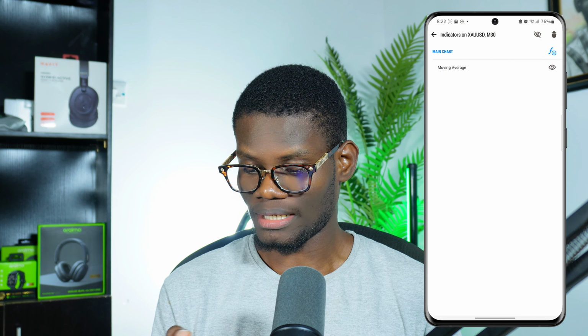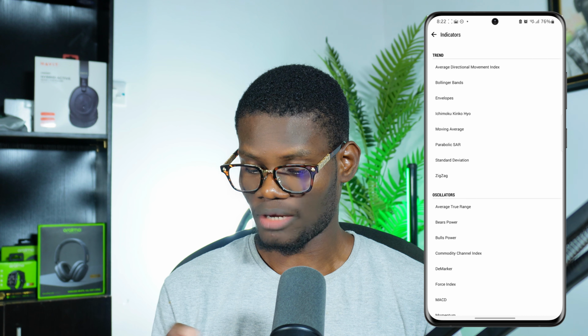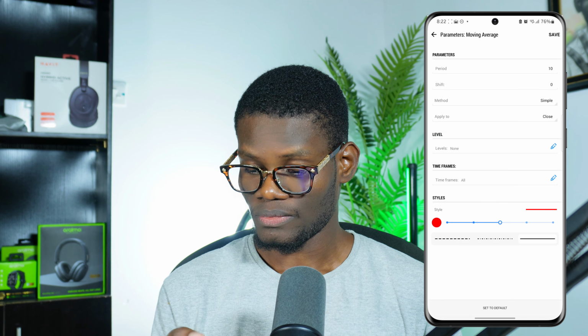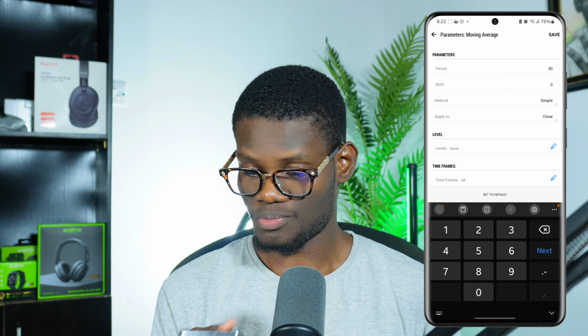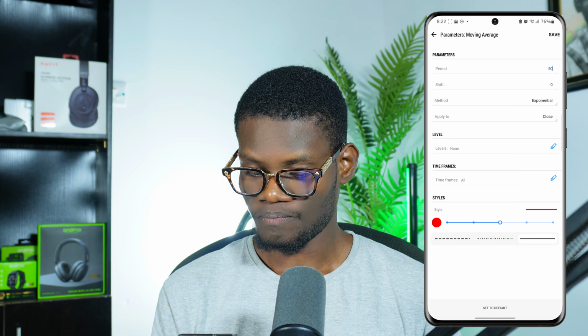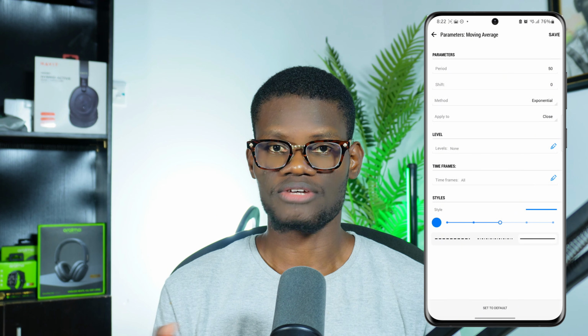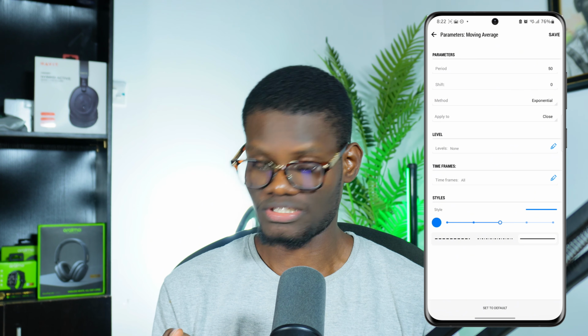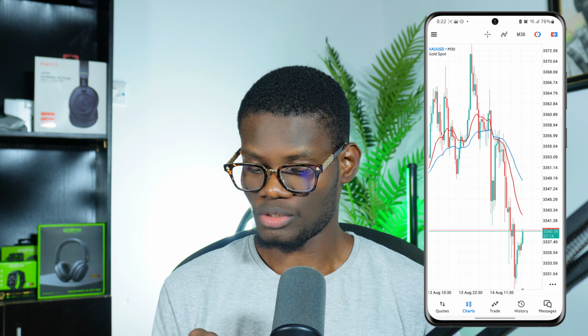So I'll go ahead and click the same thing. Click main chart, then click on the icon close to it and click on moving average. Then this time I'll change this period of moving average to 50. Change the method to exponential. Then I'll change the color to a different color so it looks different from the first moving average I added on the chart. Now I'll click on save, and if you come to the chart, you're going to see another